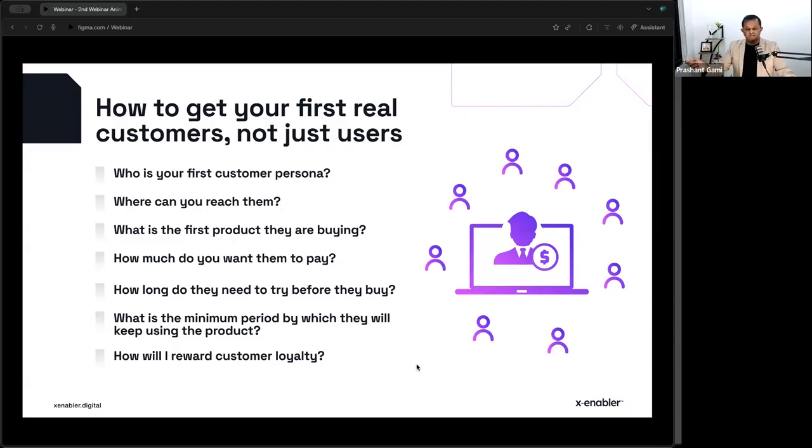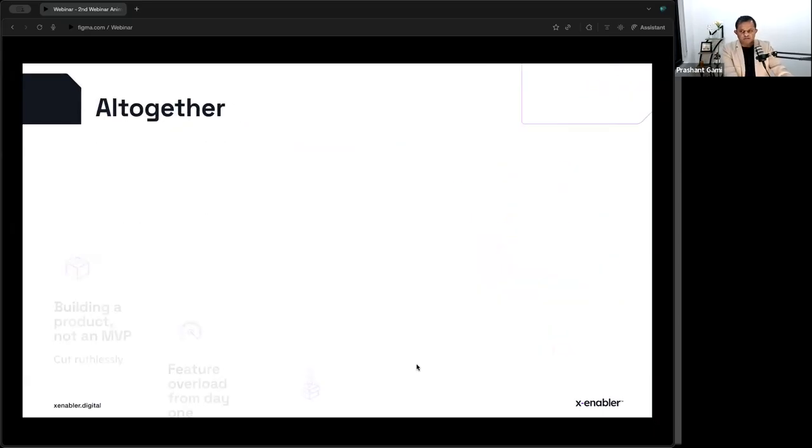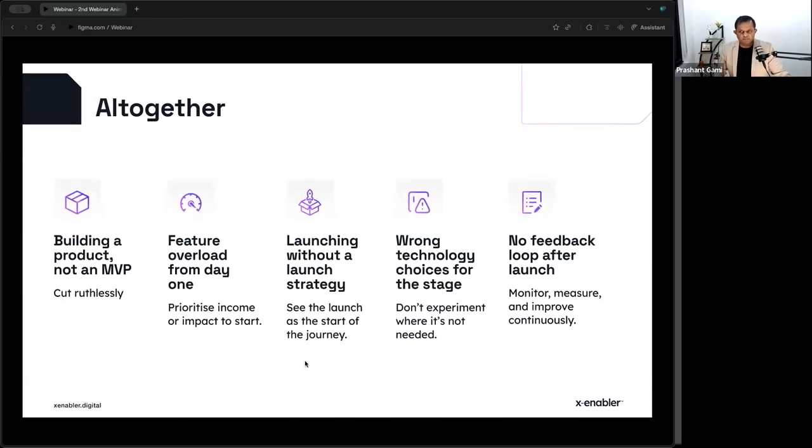Or if he remains with you for 2 years, will there be a reward or something? You need to think about those things as well. All right. So these are the techniques you can use to actually get your first customers and scale it from there. Because what works for one customer, you can then apply to all the same persona, and most likely it will work. So let's recap everything together.